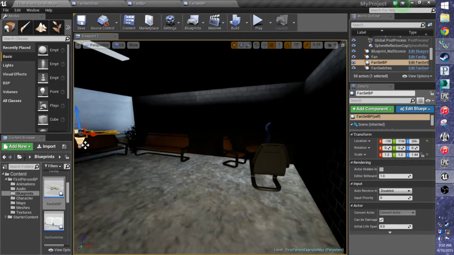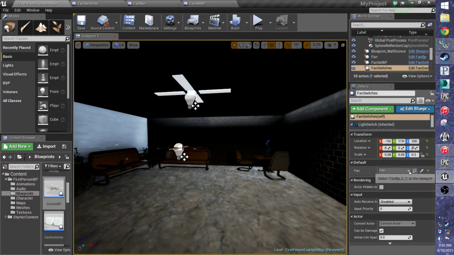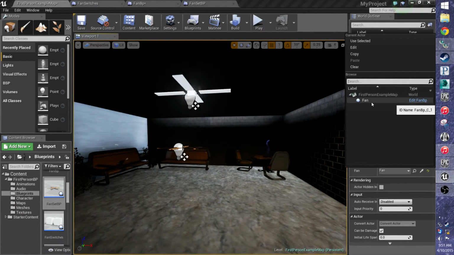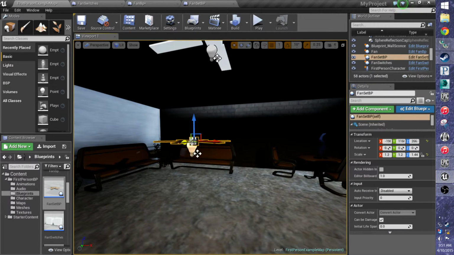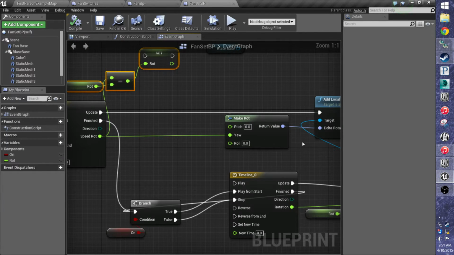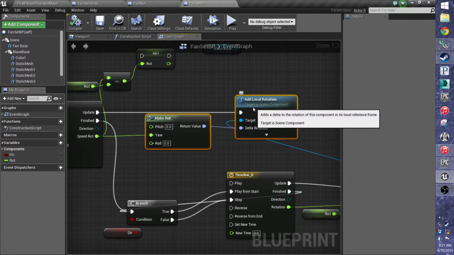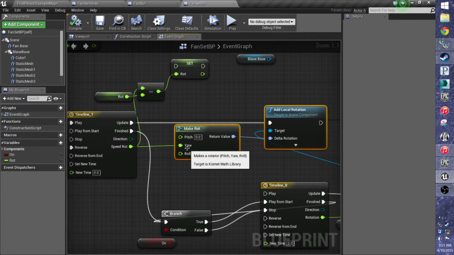And I want this switch. This is just a little bit of debugging. Actually, it's not going to work. Oh well. But if this should work, so you just add that much yaw each frame